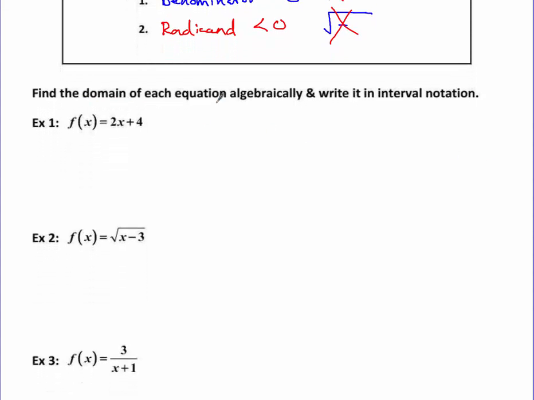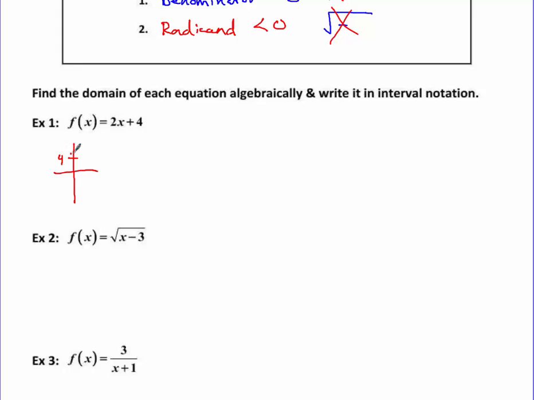It says find the domain of each equation algebraically and write it in interval notation. So when we look at this function, f of x equals 2x plus 4, this is the graph of a line. It has a slope of 2, a y-intercept of 4. So to find the domain algebraically, any value that you plug in for x is going to give you a value for y. So there's not a lot of work to do here. We know that this is going to make a line